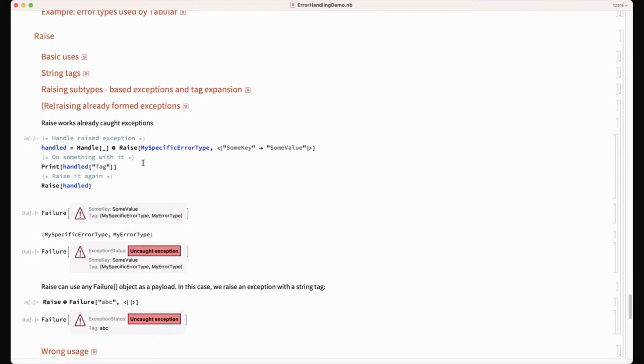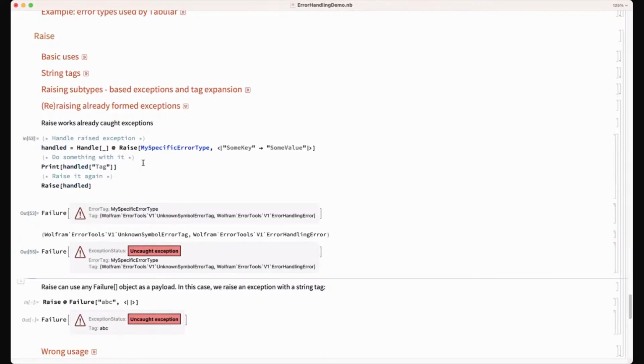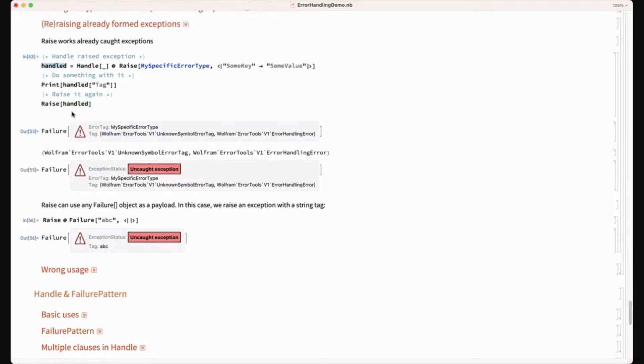One thing which might not be obvious is that you can handle an exception and then do something with it as a failure, and then you can re-raise it. So basically, you can just raise the, so basically handle is now what the heck are you doing here? Are these separate cells up here? No, this is a single cell.